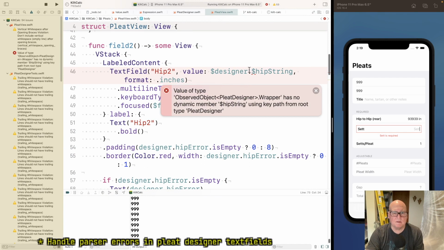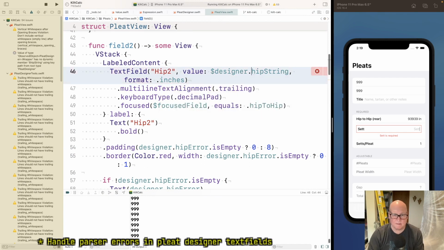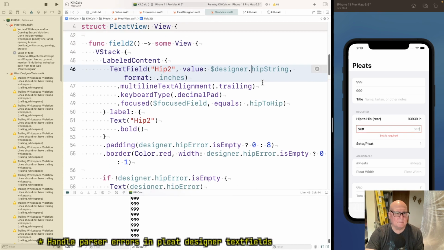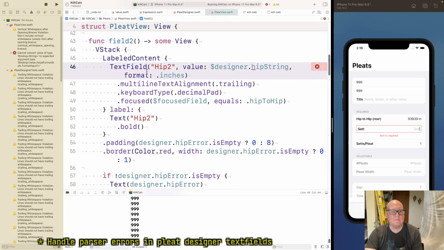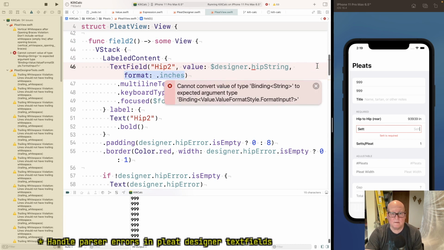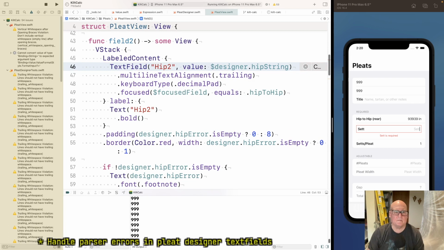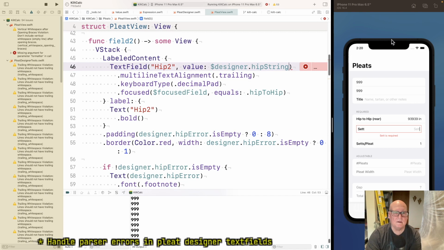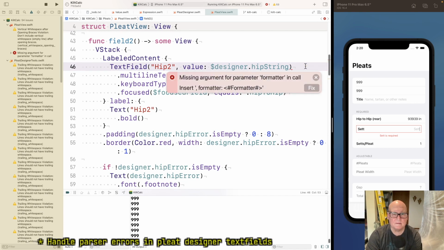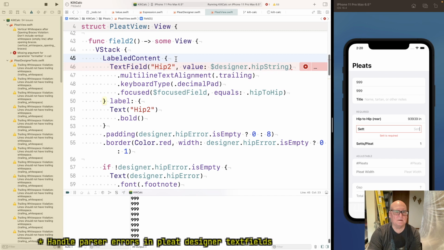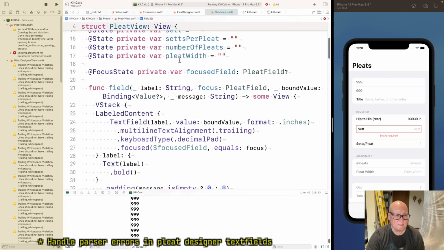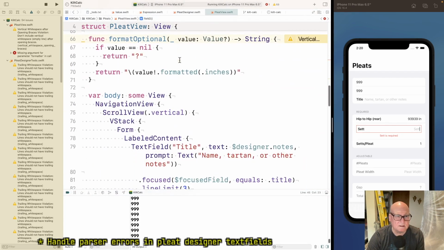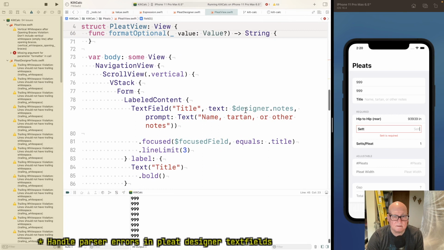It has no dynamic member hip string. Taken off the format. Yeah. Okay. I don't want a formatter. I've already got a text field. What does it look like? Text field, title, text.